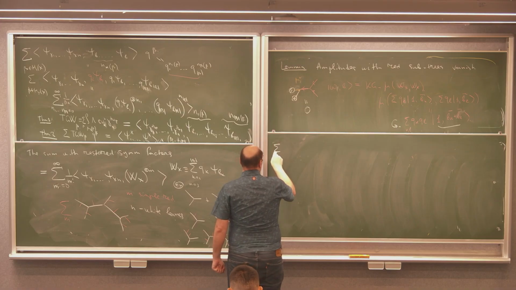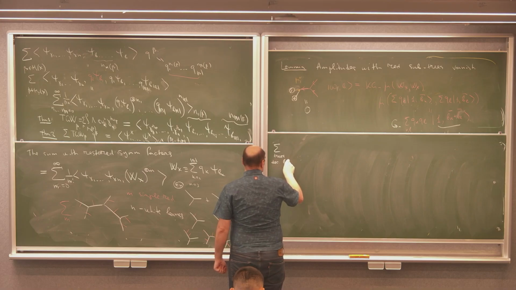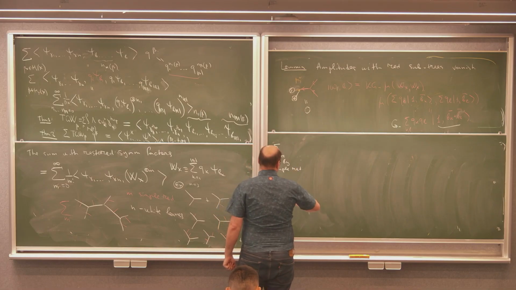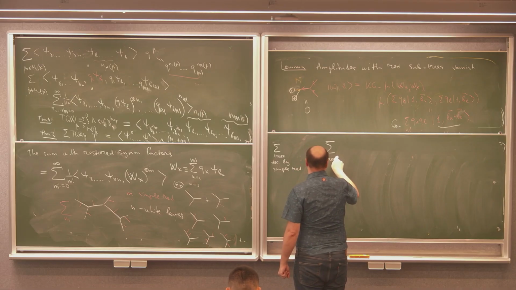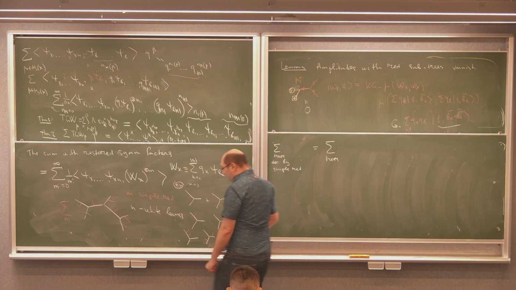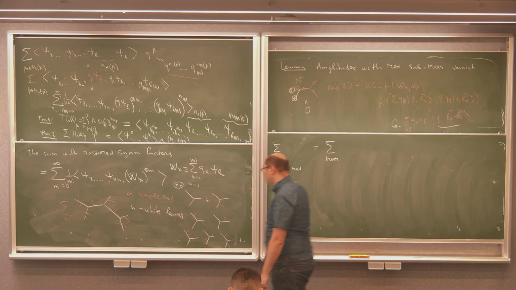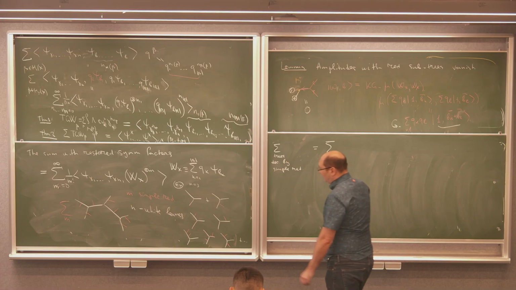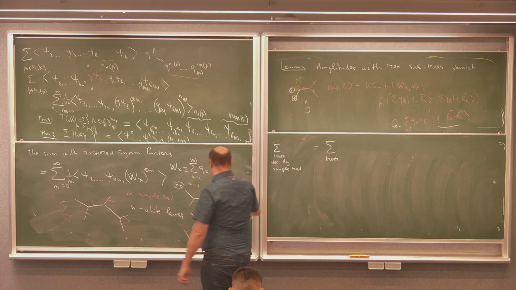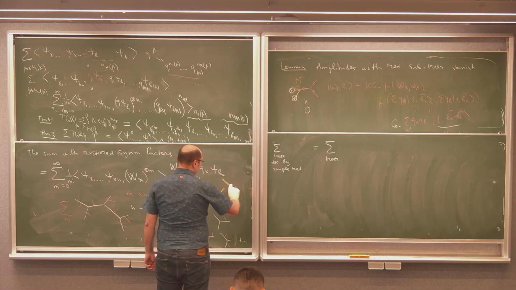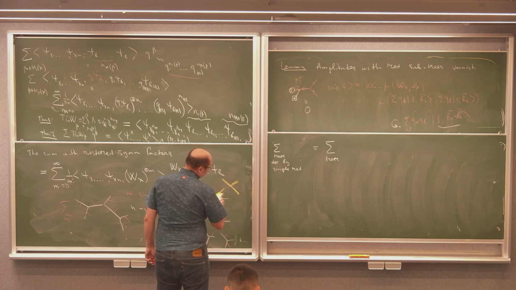So the sum over such trees decorated by simple red leaves can be written as the sum over trees with a modified prescription. For a 3-valent example, all this sum can be written as a contribution from a single tree